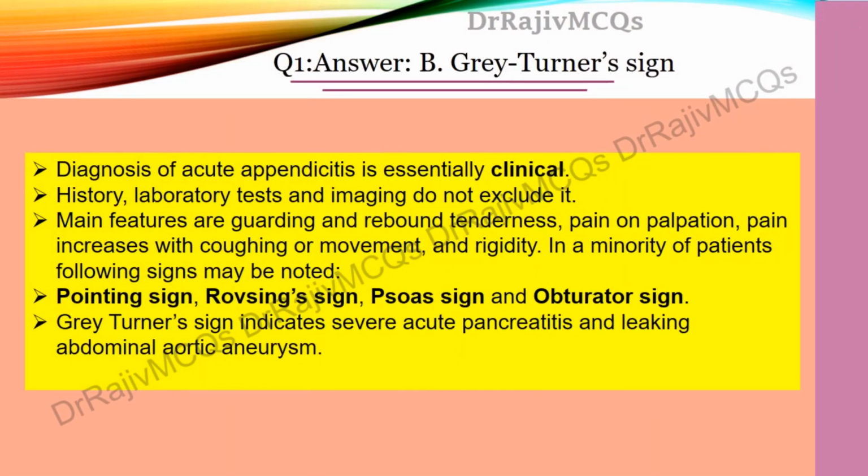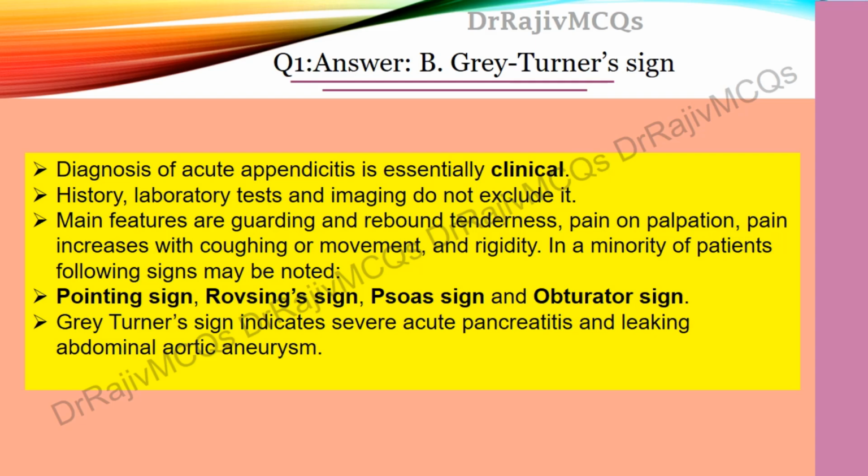The correct answer in question number 1 is option B. The diagnosis of acute appendicitis is essentially clinical. It relies on the clinical examination of the abdomen. History, laboratory investigation, and imaging aid in the diagnosis rather than exclude it. The cardinal features are right lower quadrant guarding and rebound tenderness, increased abdominal pain with coughing or movement, rigid abdomen,